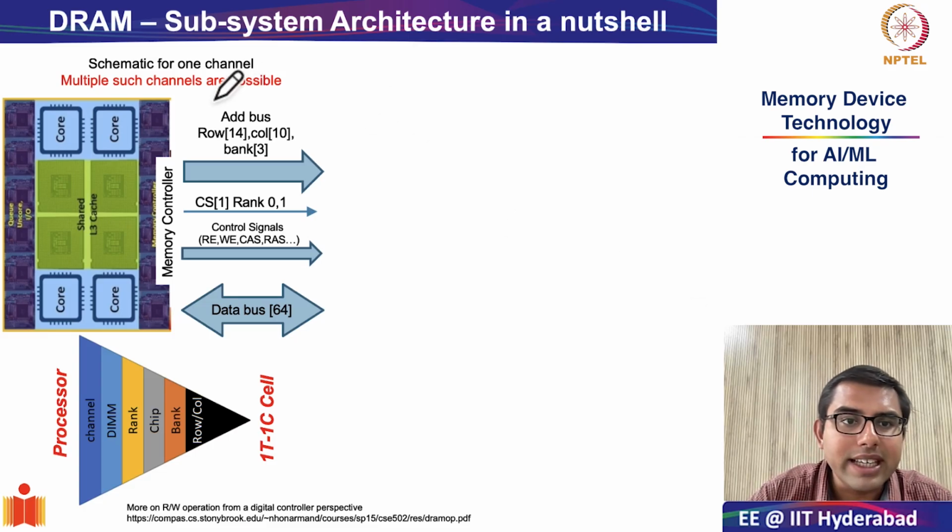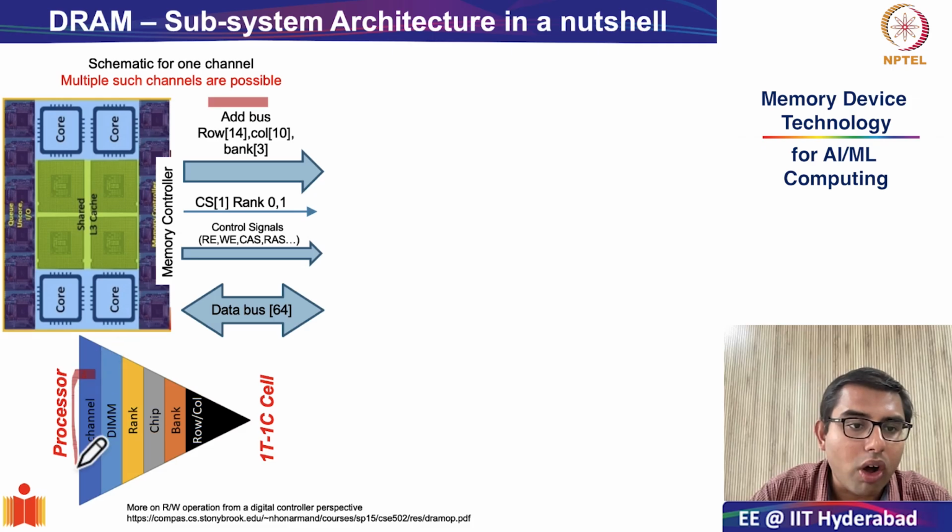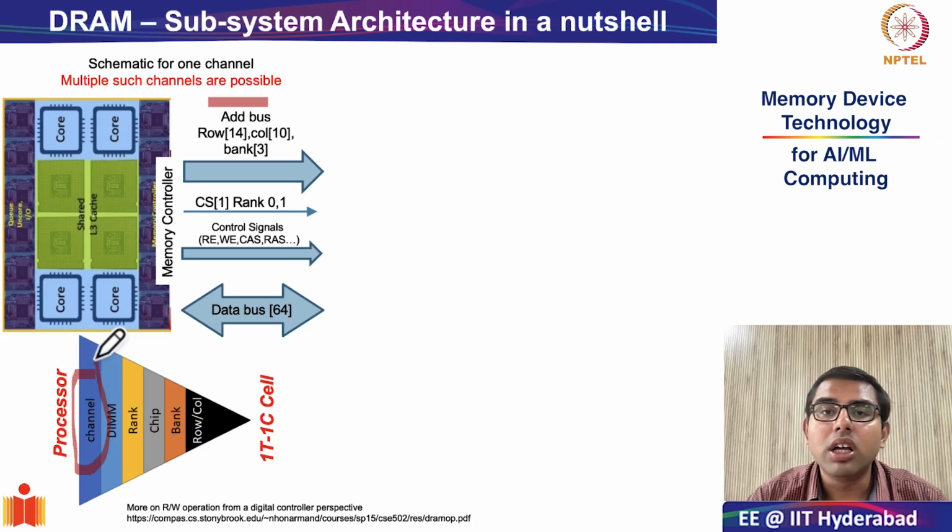Here I have drawn a few of the signal interfaces that are used for the communication between the memory controller, which is present in the processor, and the DIMMs that constitute the DRAM subsystem. But you have to remember that I have only indicated one of the channels. The top of the hierarchy is this concept of channel. Remember what a channel was? Channels are, you can say, lanes on a highway, independent lanes that the processor subsystem can use to access data from the main memory.